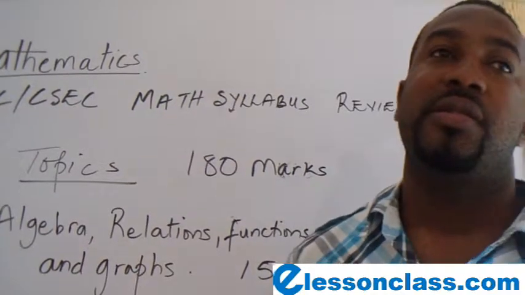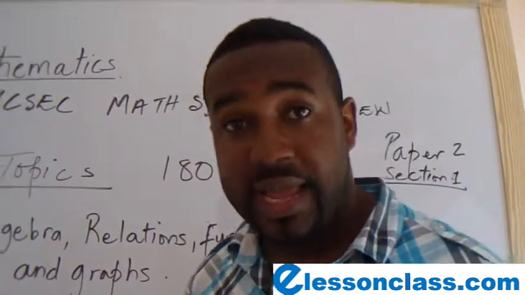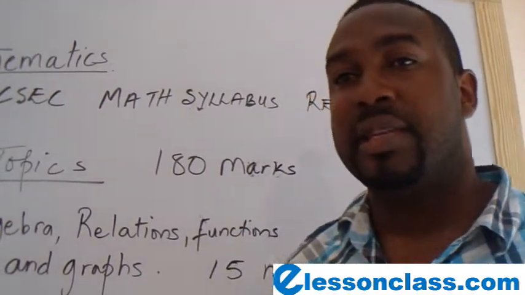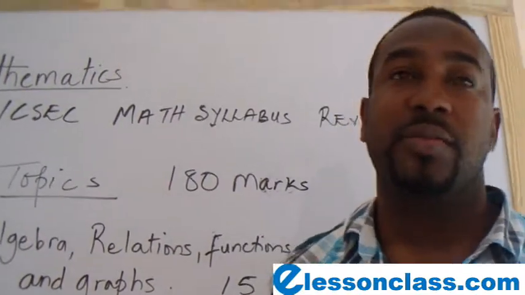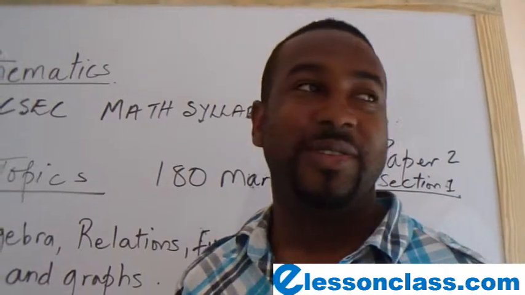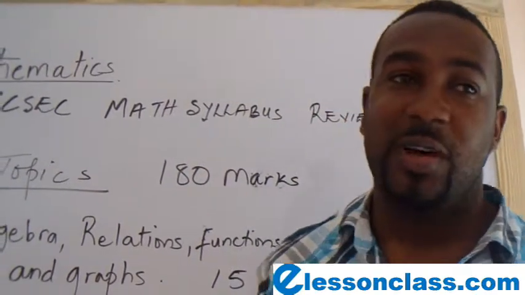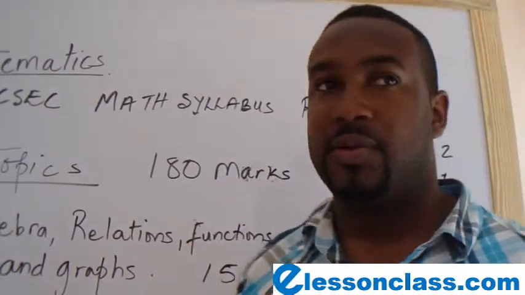You must know your multiplication table. You must be able to multiply. You must be able to do basic addition, basic division, basic subtraction. You must know numbers, as many numbers as possible. You must be able to count, and you must be able to read to do this course